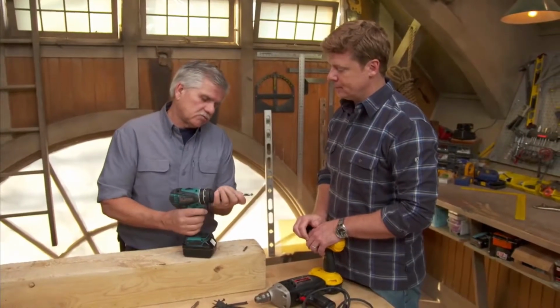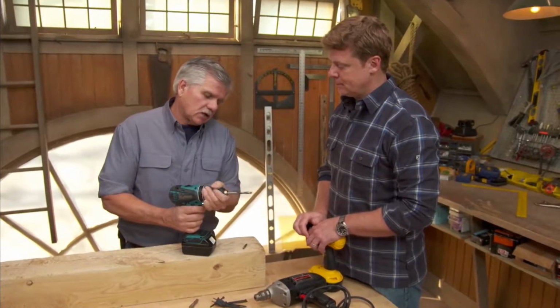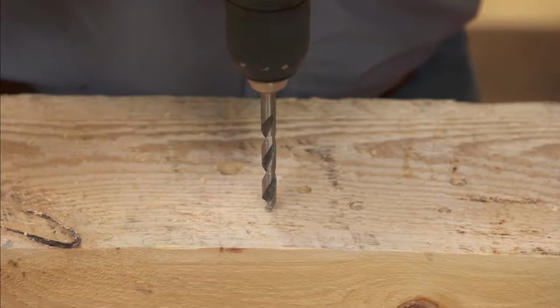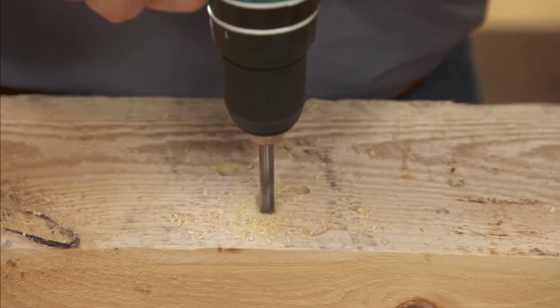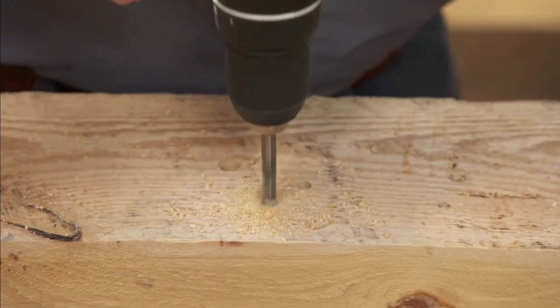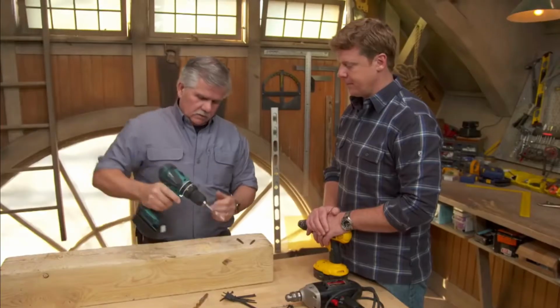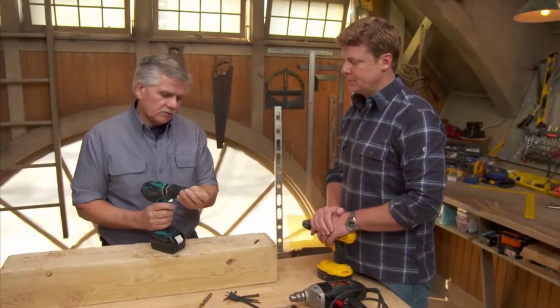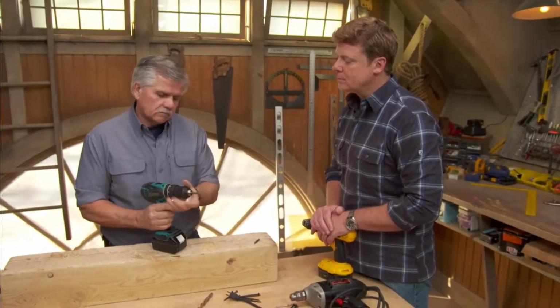So I want to have it on high speed. I put my drill bit in the chuck. I lock it down. Now when I drill, the drill will spin very fast. All right. So now if I take that out and I put a driver tip in, lock it down,